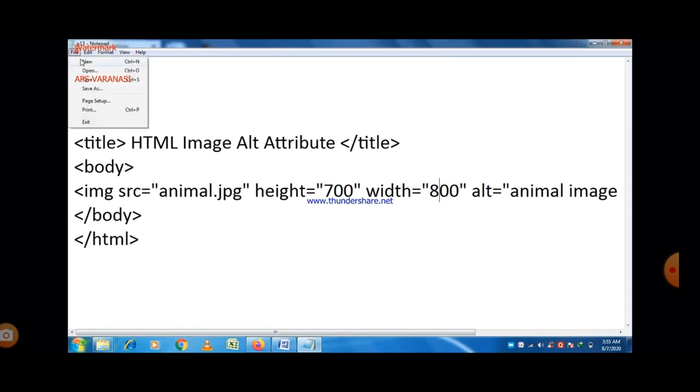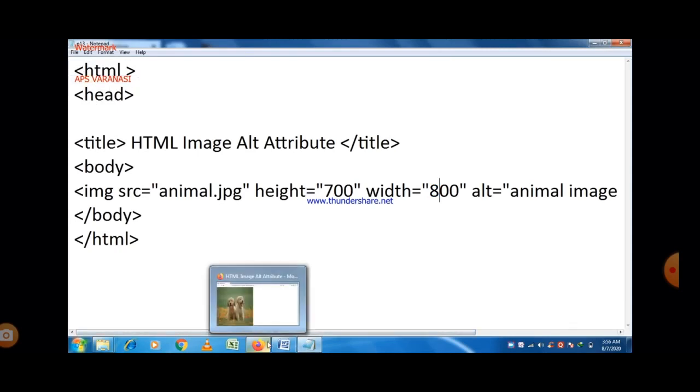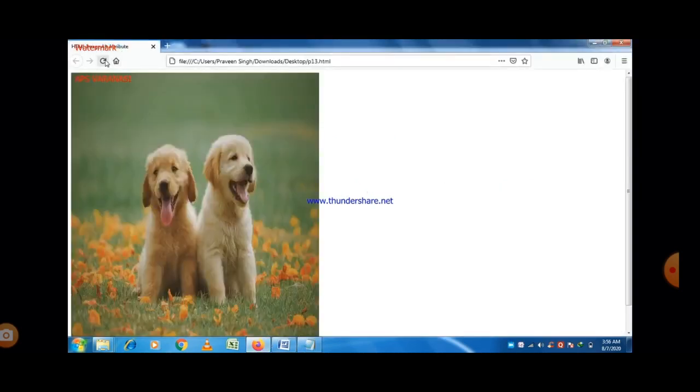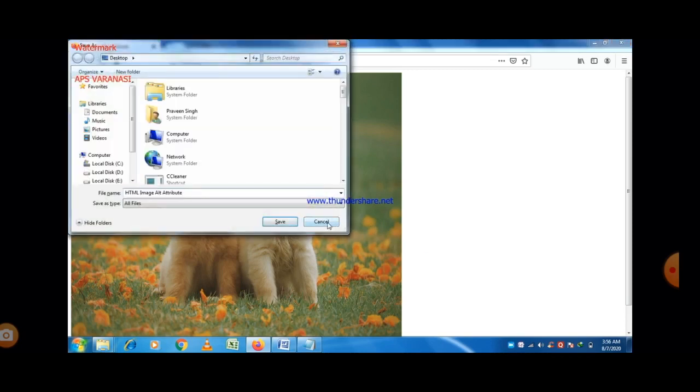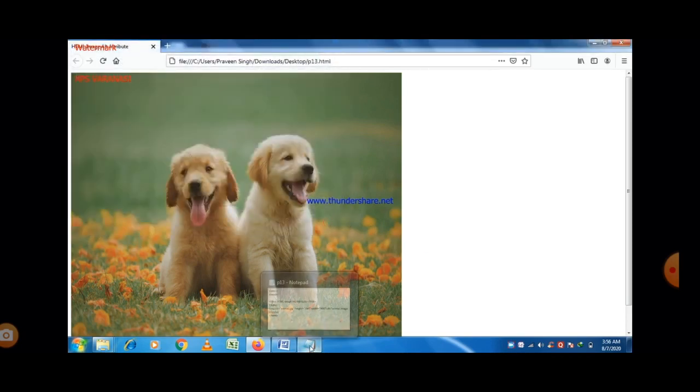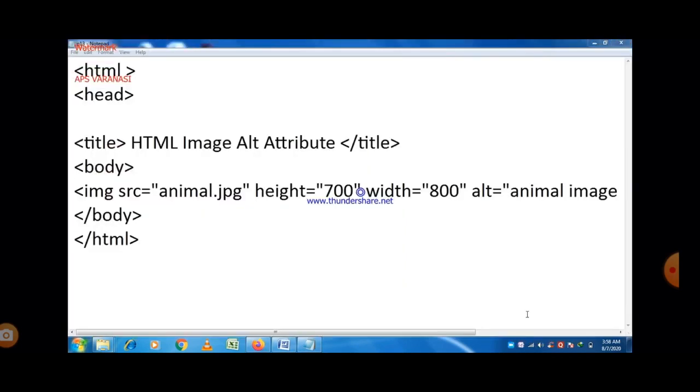Now height is 700 and width is 800. So it gives you a clear-cut idea about what value should be taken by you to insert an image into a web page. Okay. Here we don't write px or percentage, so by default it is px.